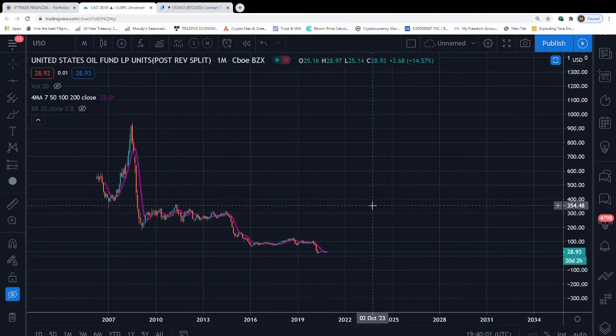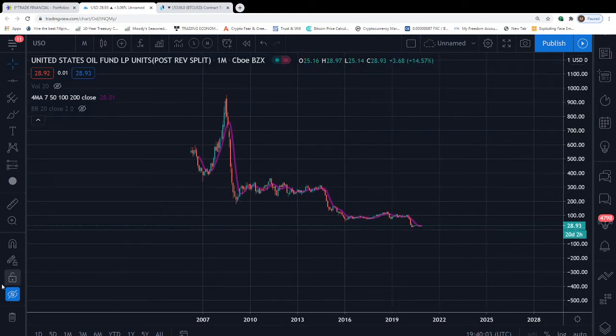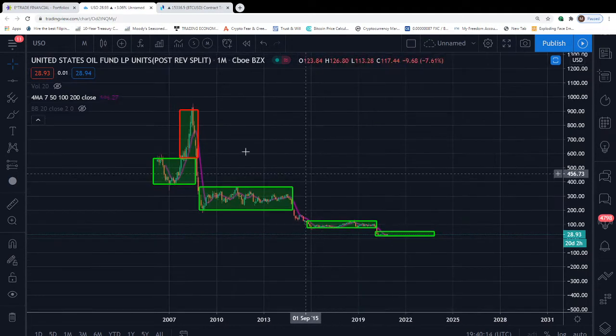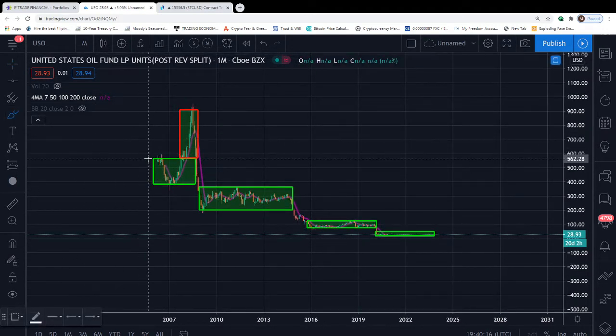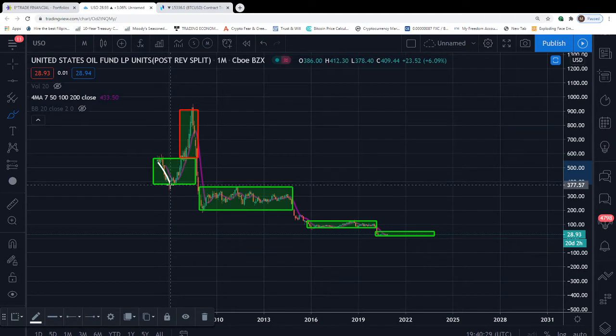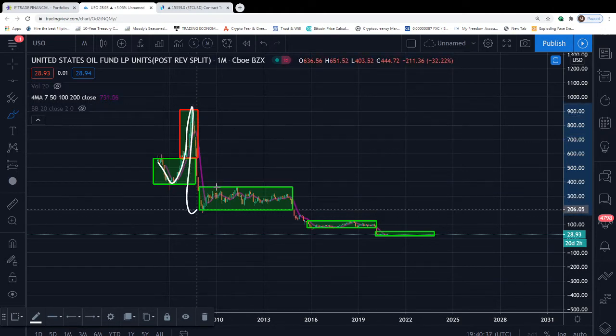These are the monthly candles, TradingView platform, of course, always used. Here are the ranges that I've identified in this USO chart. It's pretty simple. Walking down the stairs, it's completely confined within a downtrend. The inception is here at about May 2006, as far as the data showing. We opened up at about 545 bucks, went down, found a low at about 377, went up to the extreme highs at about 958, topped out, broke below the previous low, and of course the